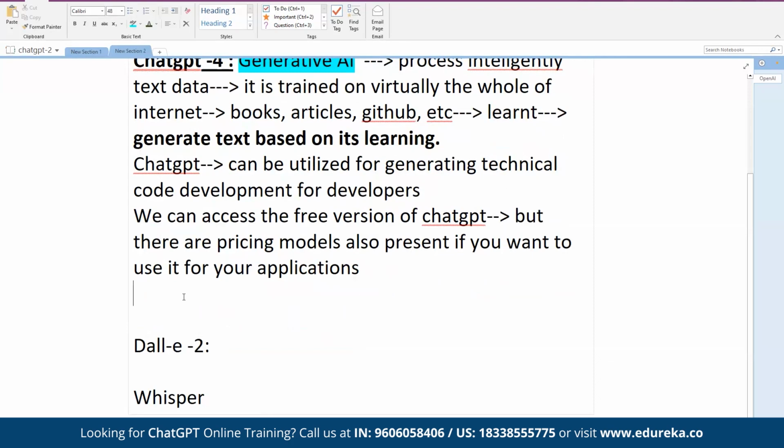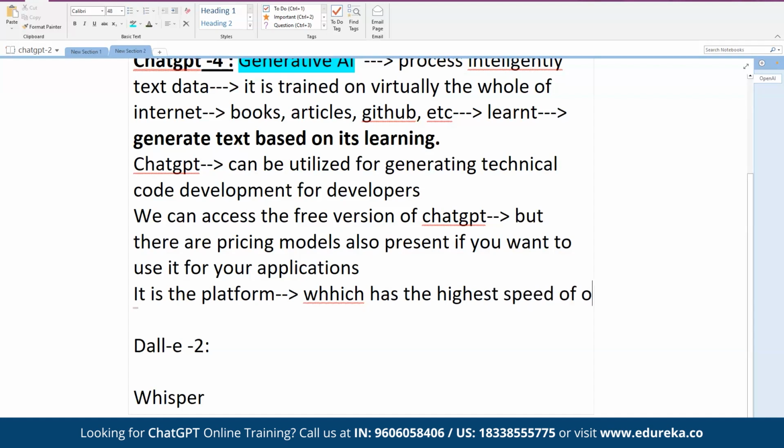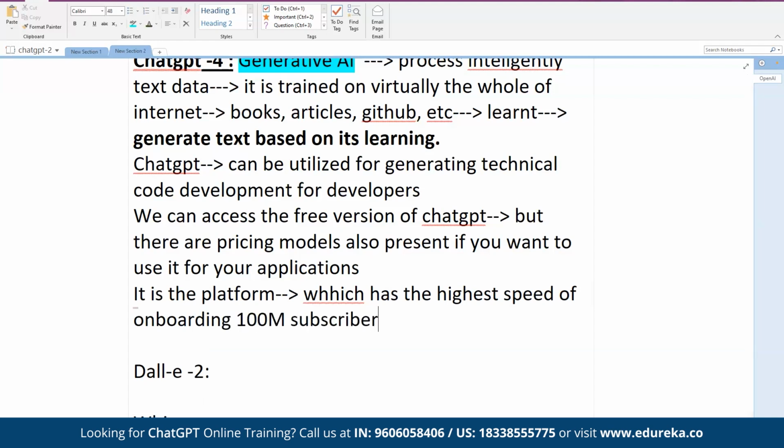I hope all of you know that it is the platform which has the highest speed of onboarding: 100 million subscribers within 2 months got signed up on their platform. It is much, much faster than what Facebook, Google or YouTube have gone through.